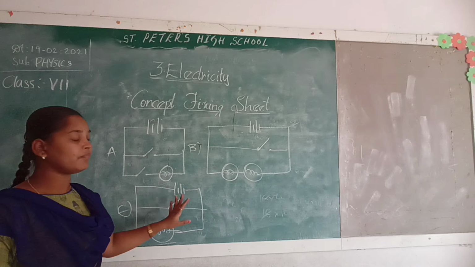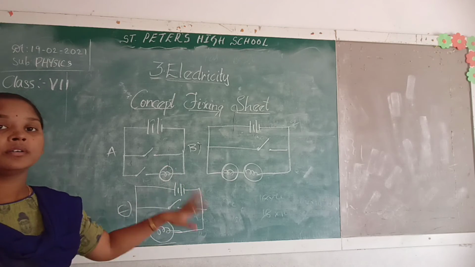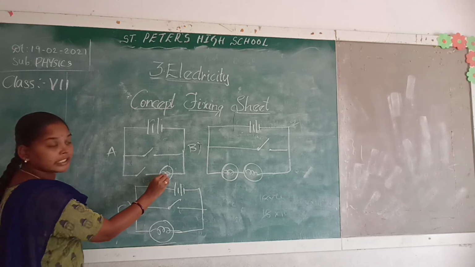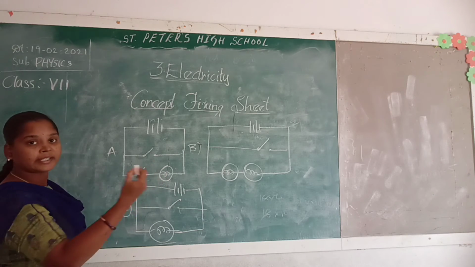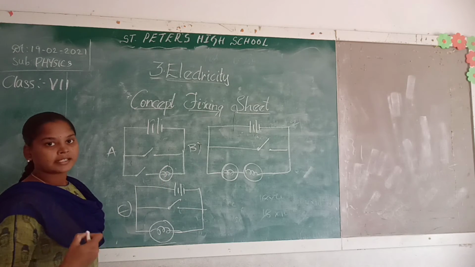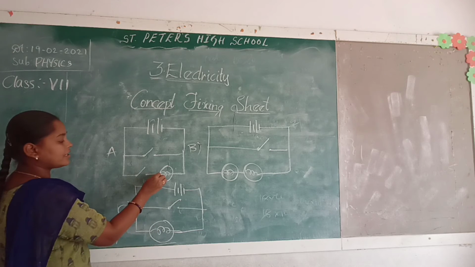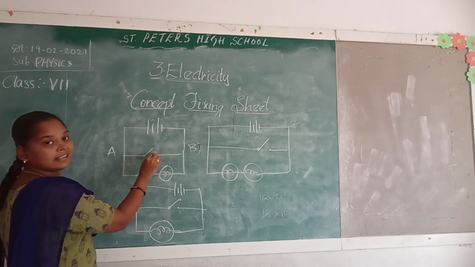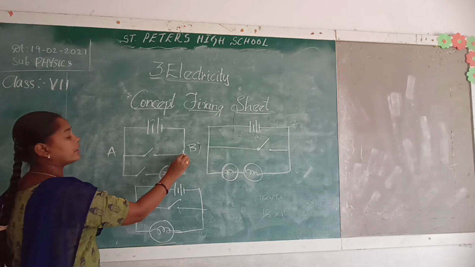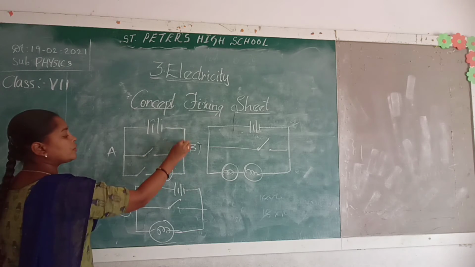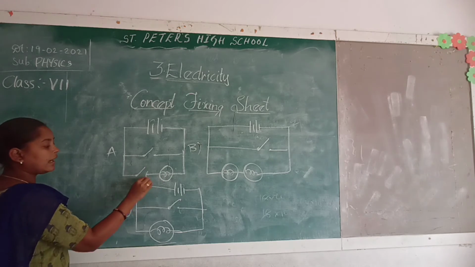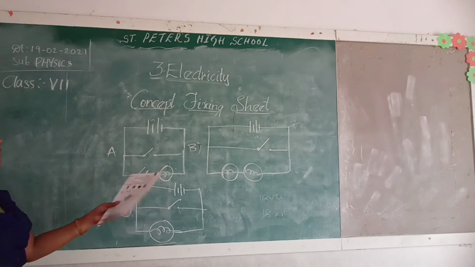Circuits, in which of them does the bulb glow? See the first one here, this is a bulb. If this is a bulb, it should get a source, right? It should get the current passing from this side. As it is open, it will not get it from this side, but it will get the negative. What about the positive? It is open here. As it is open here, you cannot get any power supply.